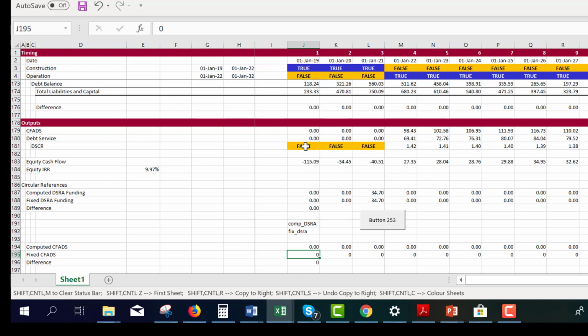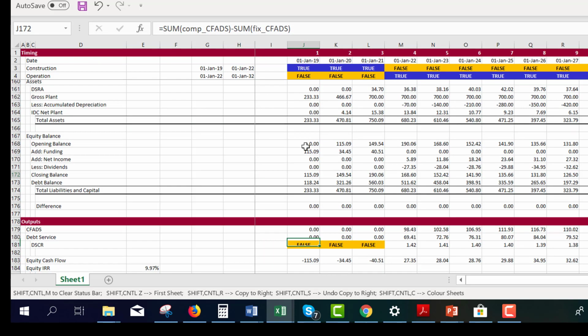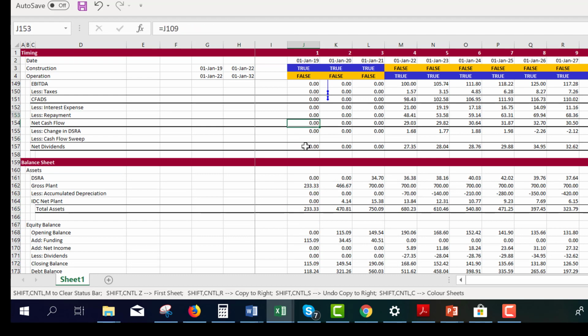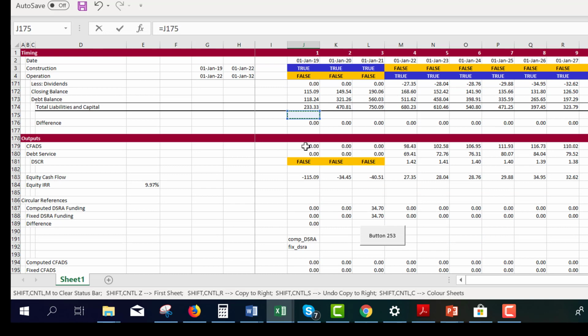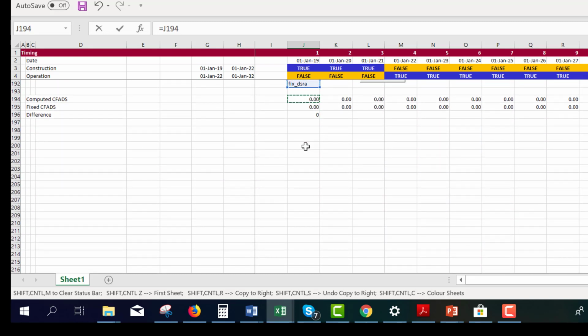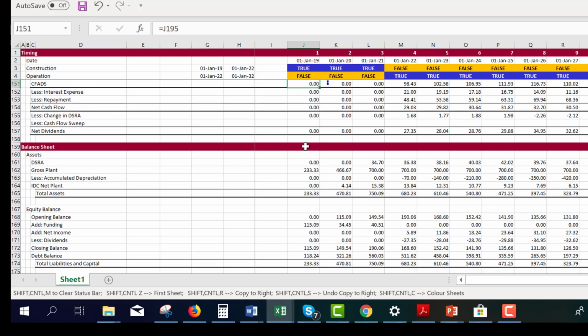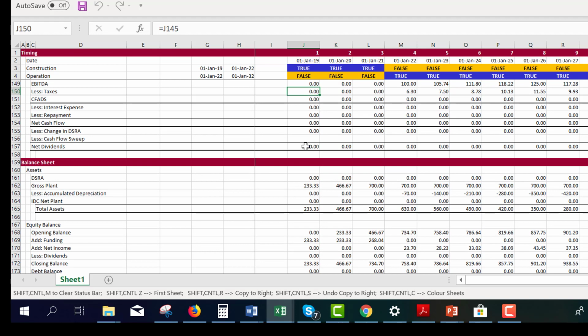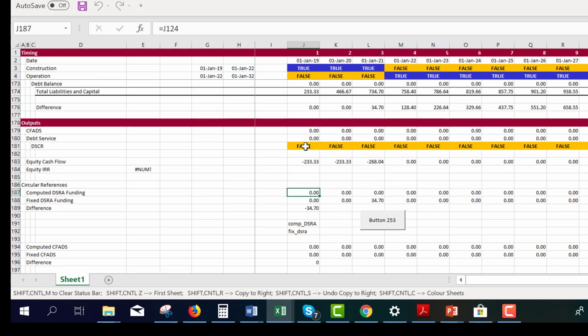We still haven't quite finished, because now we have to go upstairs, and where it says the CFADS itself, we've got to put that fixed CFADS right there. Okay. And now this is concerning me